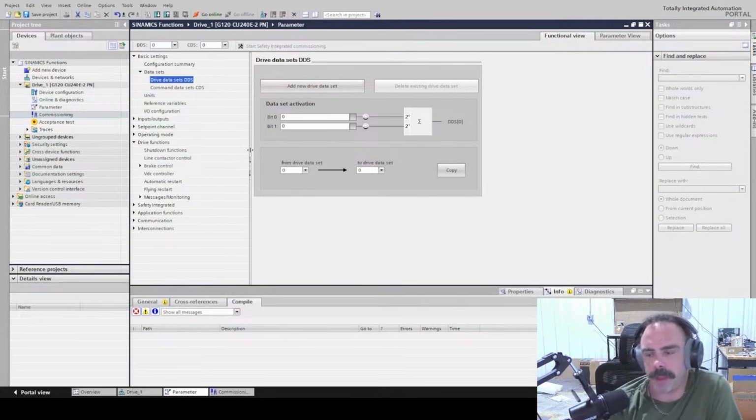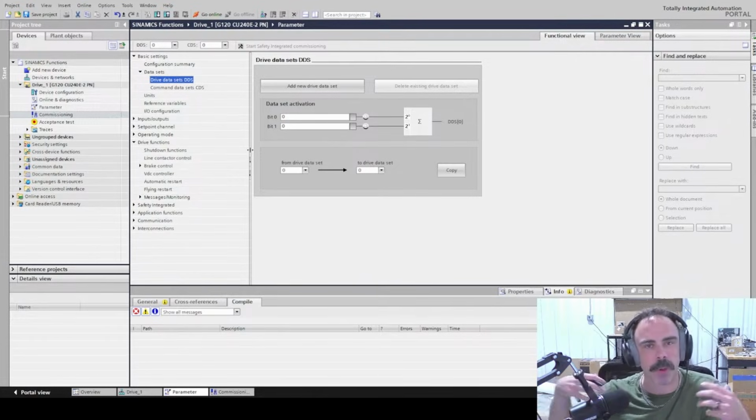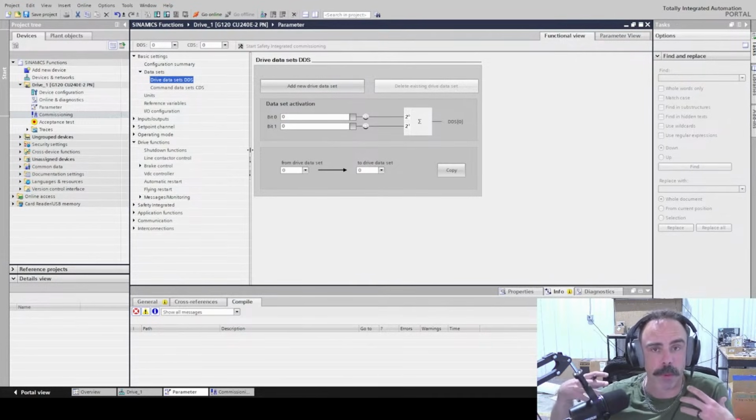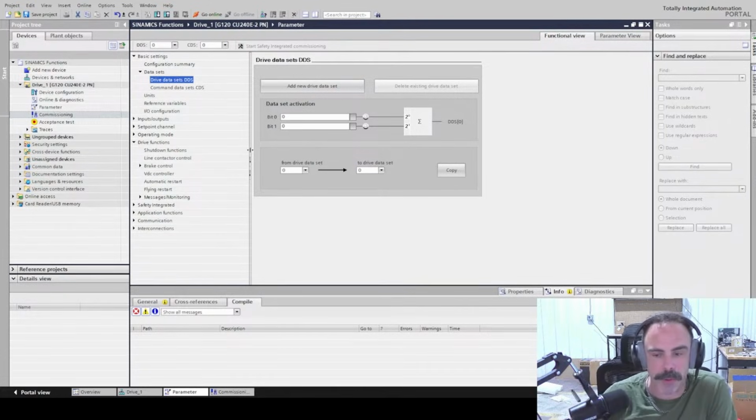There's 3 different motors on these things. There's a 7.5 horsepower, a 10 horsepower, and a 15 horsepower motor. So not only do we have multiple drives, but we have multiple sizes of motors. So what I was able to do was use drive data sets to go through, and drive data set 0 was the 7.5 horsepower motor. Drive data set 1 was the 10 horsepower motor, and drive data set 3 or 2 was the 15 horsepower motor. And I did it a different way, but